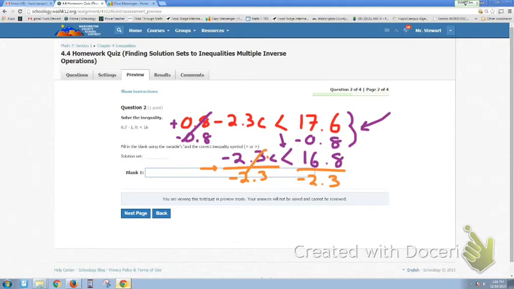And this is going to cancel out. But as soon as I divide both sides by a negative, or multiply both sides by a negative, the rule is that this inequality changes directions. So C is left alone, and now C is going to be greater than, not less than, whatever 16.8 divided by a negative 2.3 is. And that's going to be